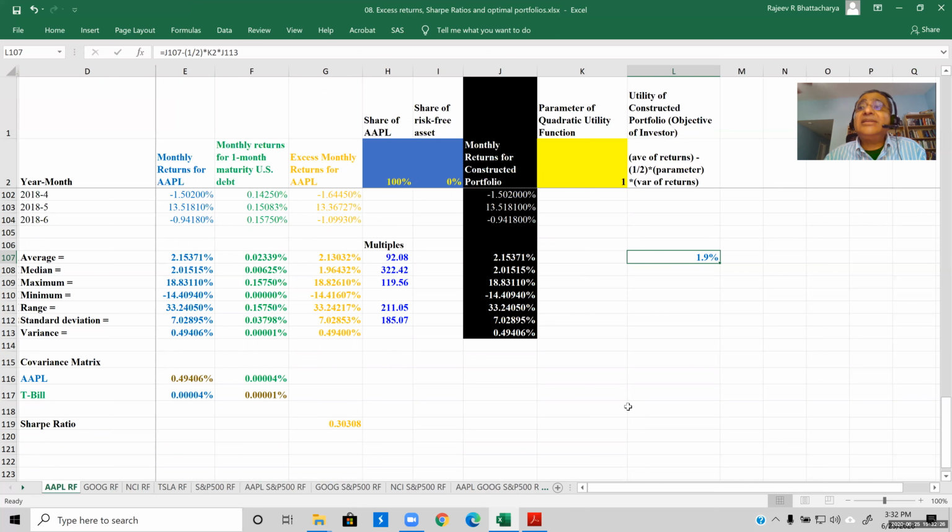mean anything. Utility is an ordinal variable. That is to say, the only thing that matters is comparison across two different utility numbers in a particular situation. The actual utility number doesn't mean anything. And we'll see a bit later where this number is, for instance, negative. That doesn't mean it is worse than something,